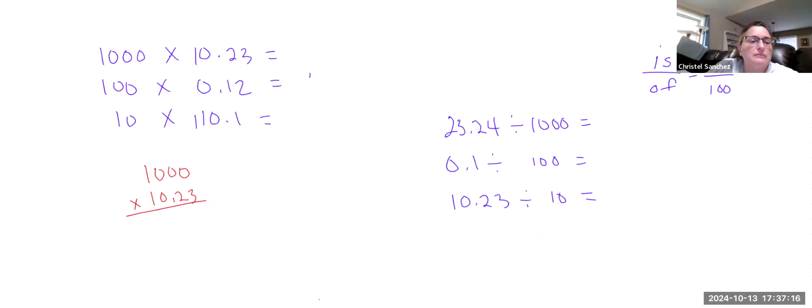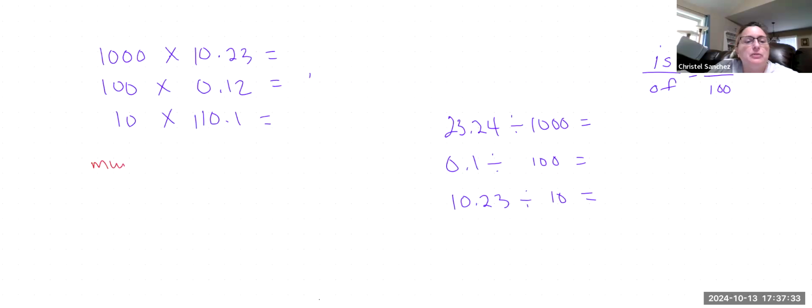So a quick way, anytime you are multiplying anything times something such as 10, hundreds, thousands, 10,000s, what you're going to do is